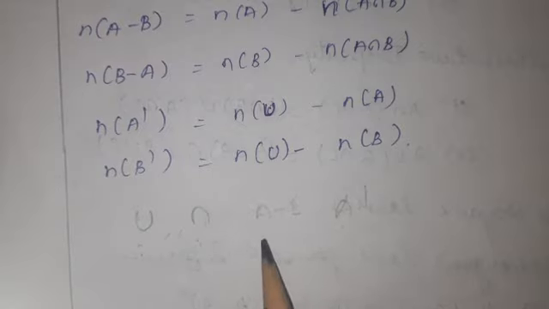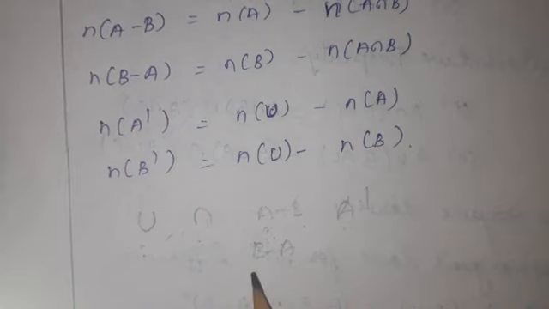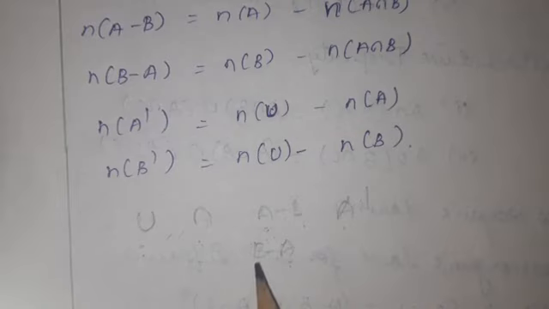and the remaining element present in that first set. Here the first set is A, no? So you should see the remaining element present in that A set. That is the answer for the difference of two sets. Suppose B difference A, the same way. Cancel the common element. So the remaining element present in that first set. Here the first set is B. So we should select that B set. That is the difference of two sets.